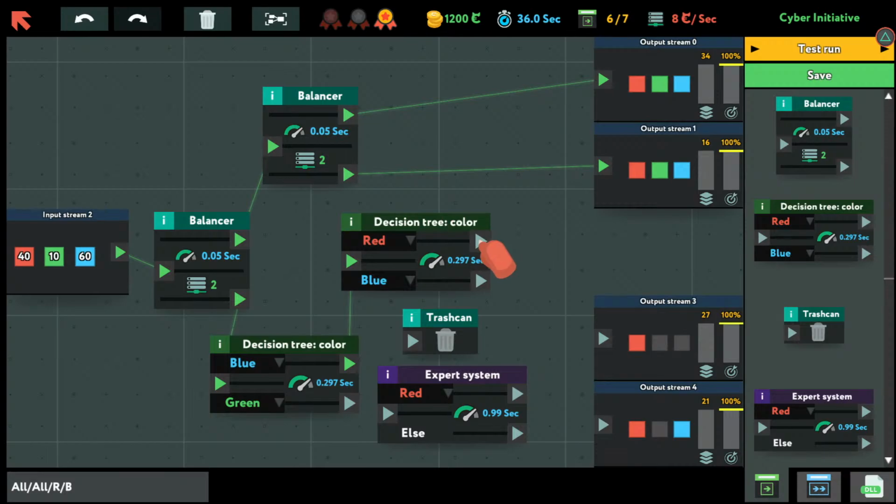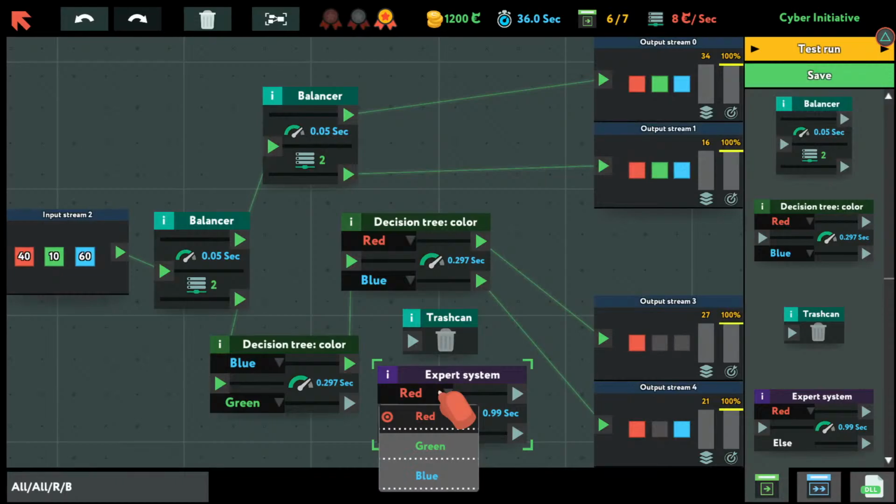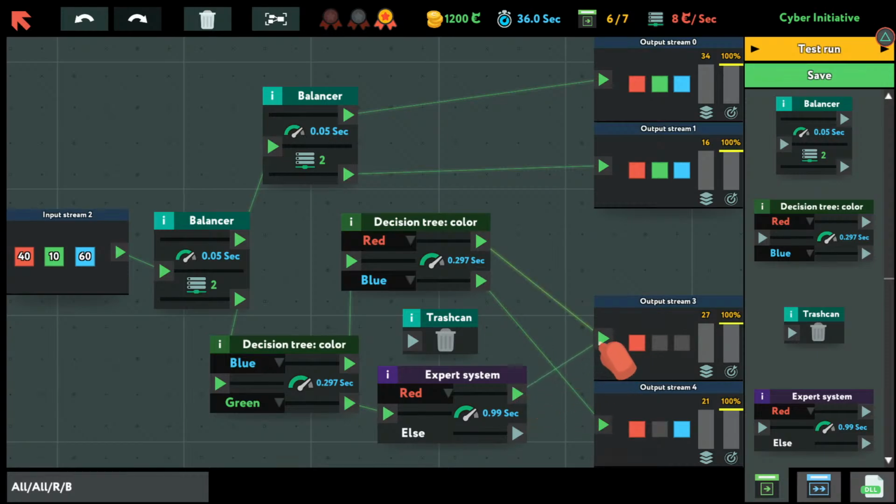Okay, and so, because there's no green present, theoretically, that should go fine. And then this can go here. And then we can use our expert system to say, I mean, it doesn't matter. Say, yeah, red's fine. What needs more? This needs the most, honestly. We can't run 2 outputs out of this, can we? Like that,